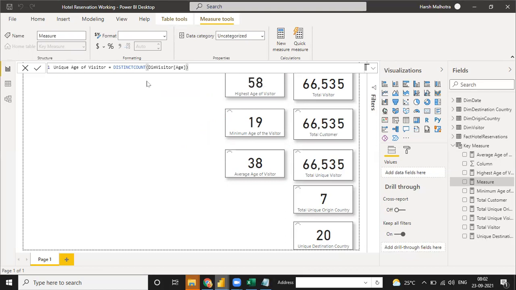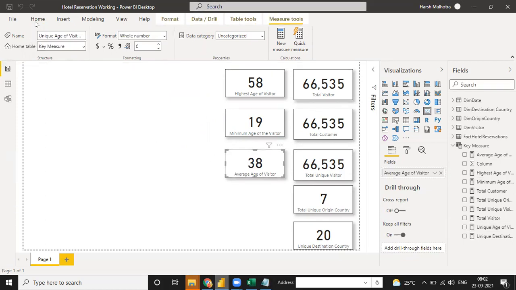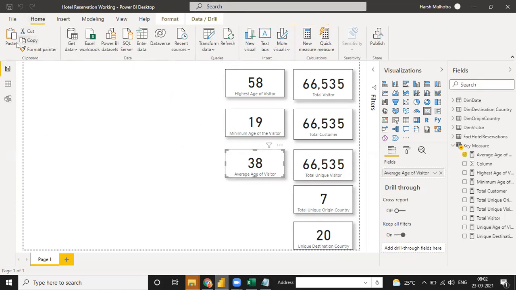The total number of distinct ages means suppose 22, 23, this is counted only once. So just click on this, home, copy and paste. So for this, you can remove this one.